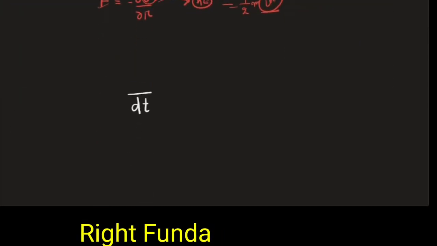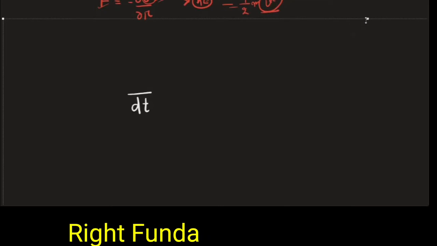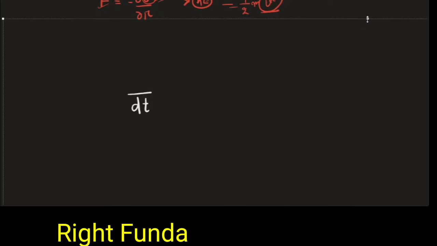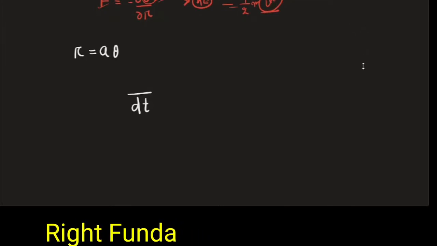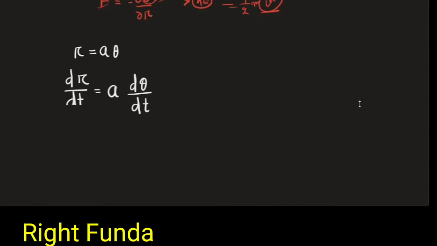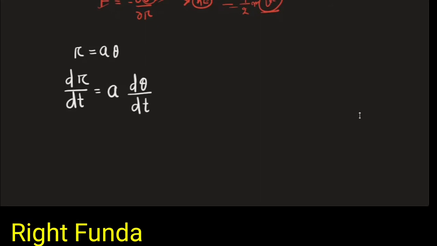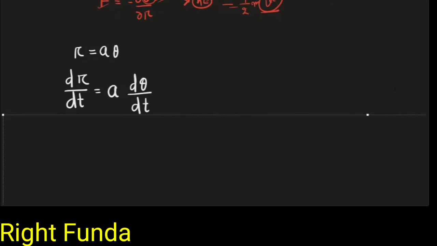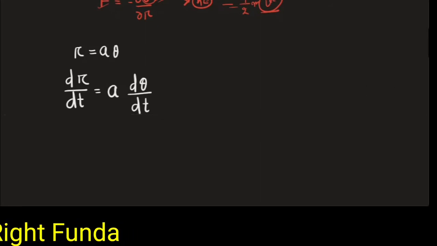So first, what is given to us is r. So I can write r is equal to a theta. And if I differentiate this, dr is equal to a d theta by dt. Okay. What is dr by dt? If I try to understand what this dr by dt is and what this d theta by dt is,